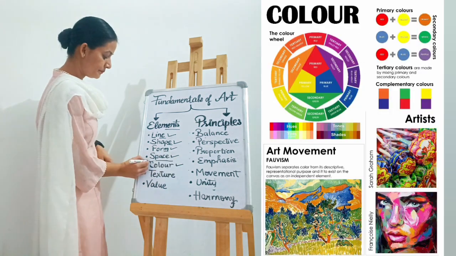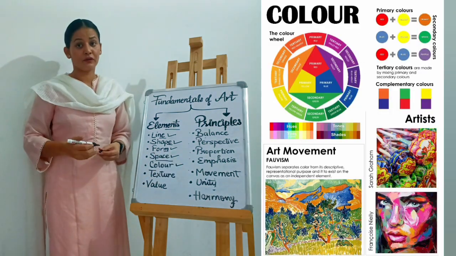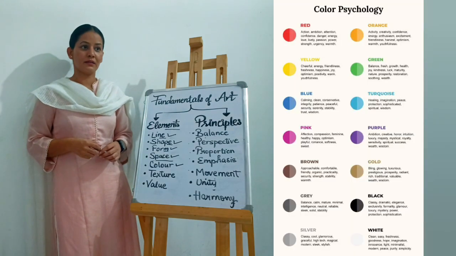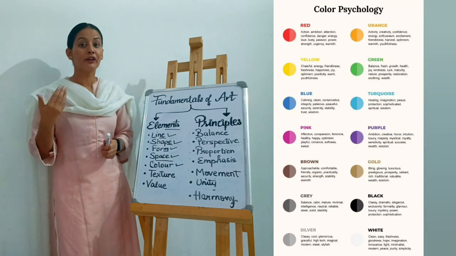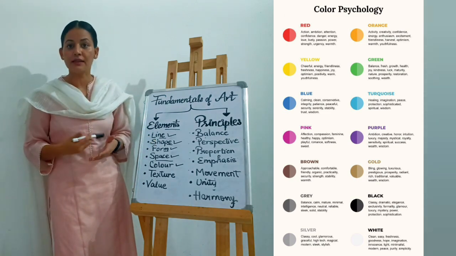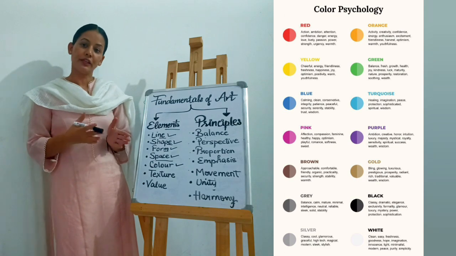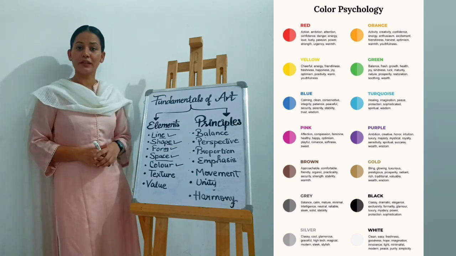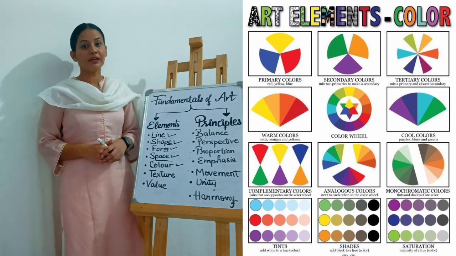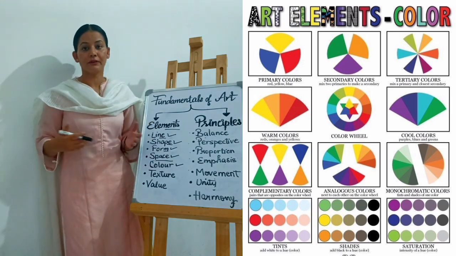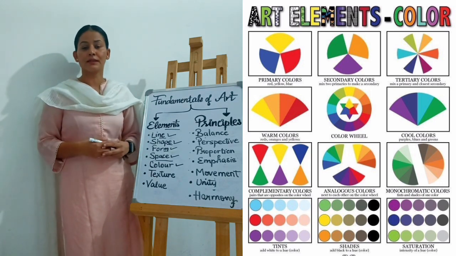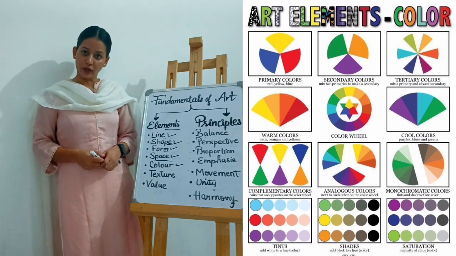Then we have color. There can be many types of colors. Color is also very essential to create an appealing artwork, as various colors depict various feelings and emotions. So we can use various colors to create various effects in our artwork. We can use various types of colors such as primary colors, secondary colors, tertiary colors, and even in the color wheel there are other various types of colors such as neutral colors, warm colors, cool colors. These colors can be used symbolically.